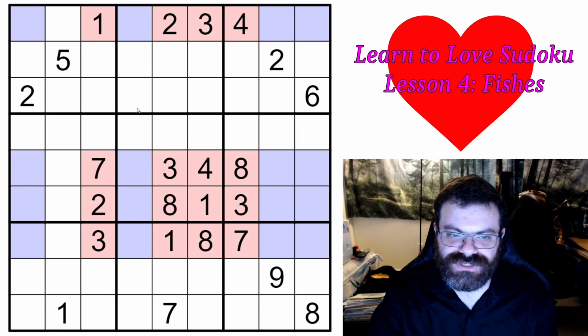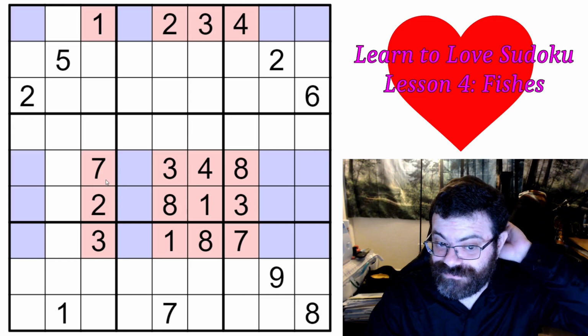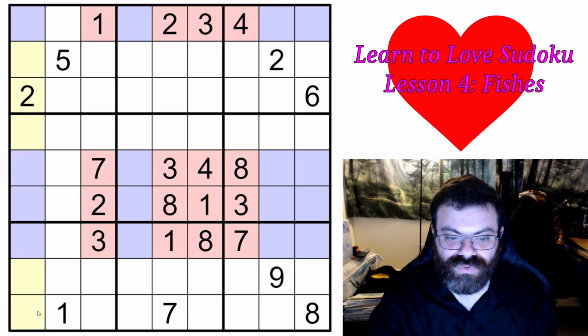And so this is a jellyfish. This is a jellyfish on 5s, where I can mark in orange these cells here, just to be consistent with what I've done before, and none of the orange cells can be 5. But let's not stop there. So I'm actually gonna unhighlight that, and we also are missing 6s and 9s, and you can see we have